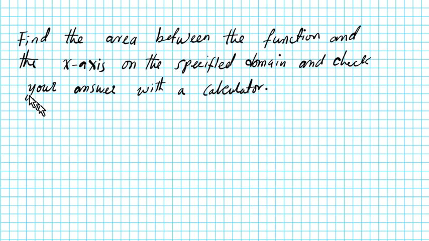Okay? Alright, so for question 1, let's say we have the function y equals x squared minus 6x plus 11